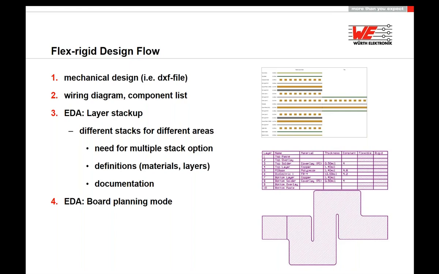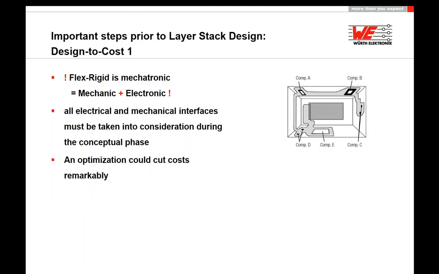The design flow for a Flex-Rigid design starts, of course, with the mechanical design, and the next thing, of course, we need is a wiring diagram and a component list. Then we start in the EDA tool with the layer stack-up. For this point, there are some special things to be considered. We have different areas, flexible area, rigid area, and of course, different stacks for these different areas. So the tool should have a multiple stack option